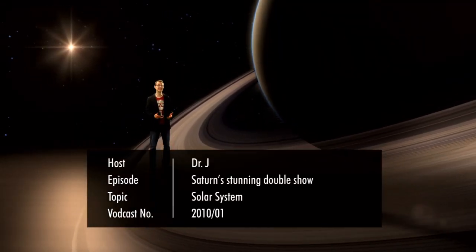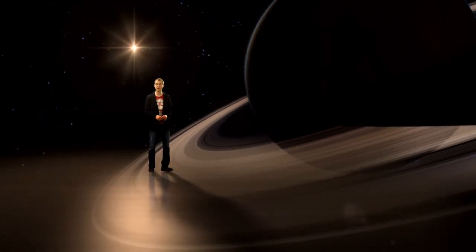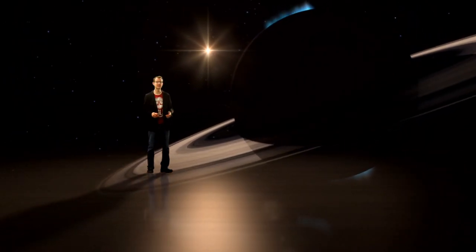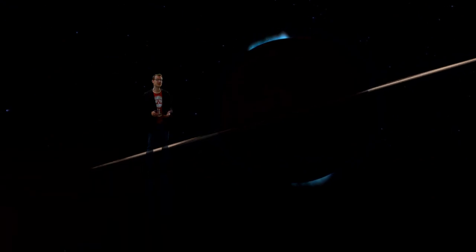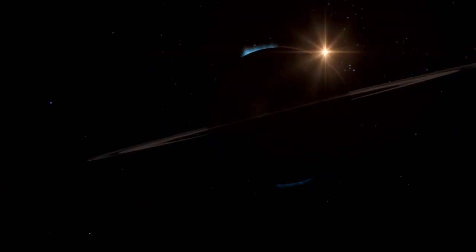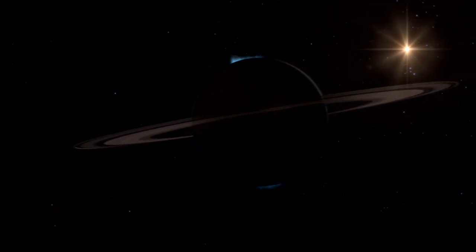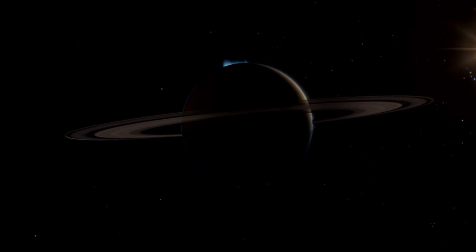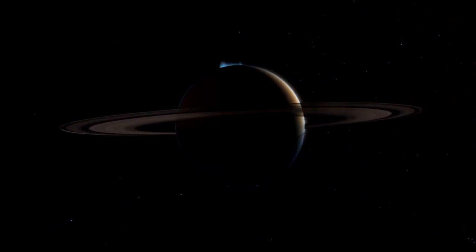It takes Saturn nearly 30 years to orbit our Sun, and so chances to view both of its poles simultaneously are few and far between. Now Hubble's been snapping pictures of Saturn's aurora since 1990. But 2009 brought the rare opportunity for Hubble to image Saturn with its rings edge-on and with both of its poles visible. As Saturn was approaching its equinox, both poles were equally illuminated by the Sun, allowing for spectacular shots